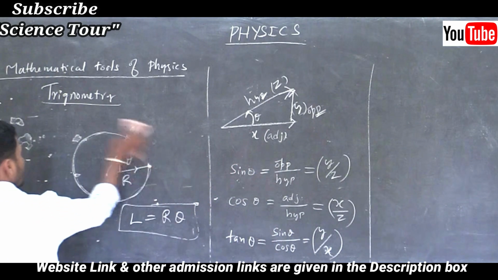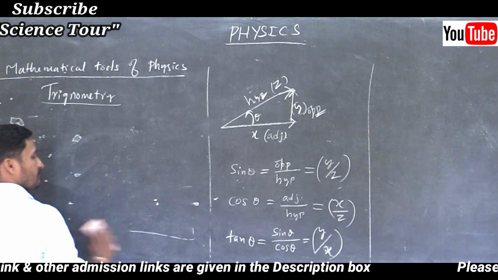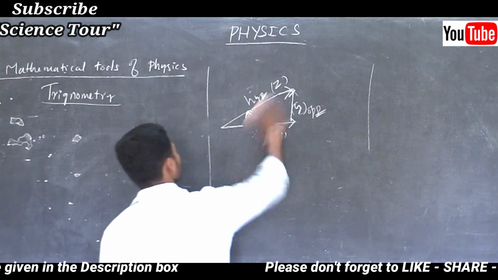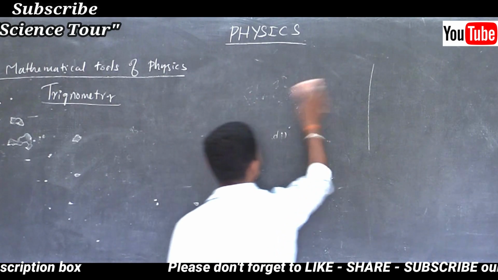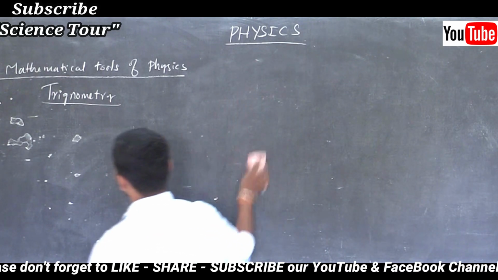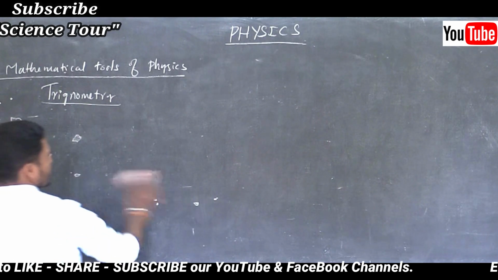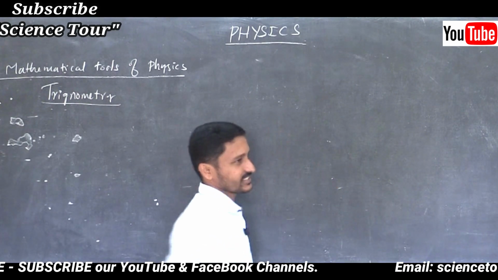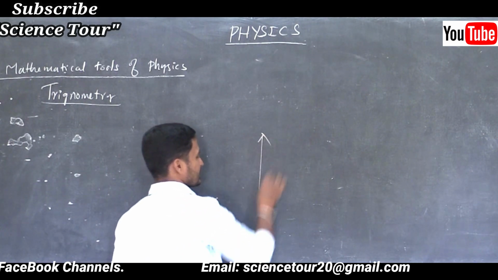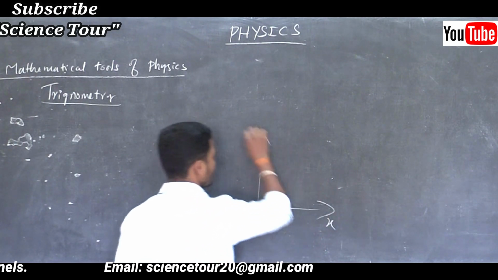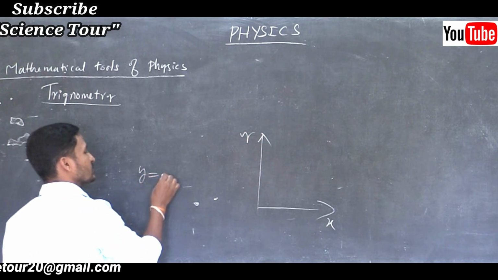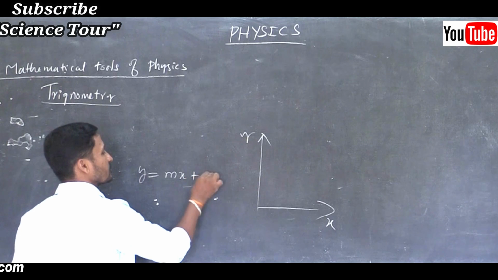In mathematics we are using graphs. So what do you mean by graph? Where all are we using graphs? In mathematics, we write the y axis variation with respect to the x axis. The x axis will be in this way and the y axis in this way. I am going to write an equation, y is equal to mx plus c.